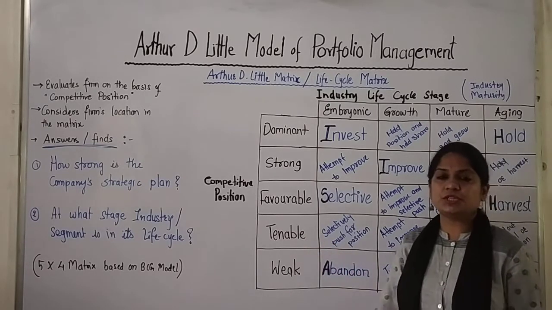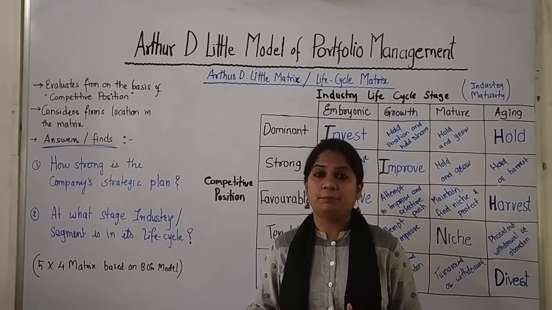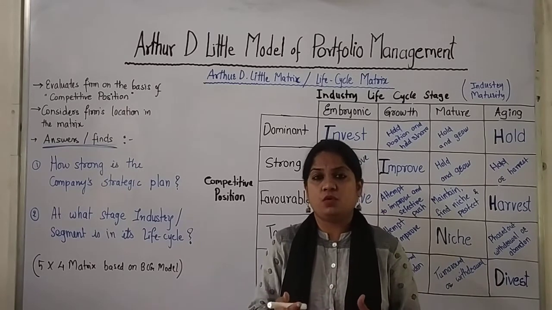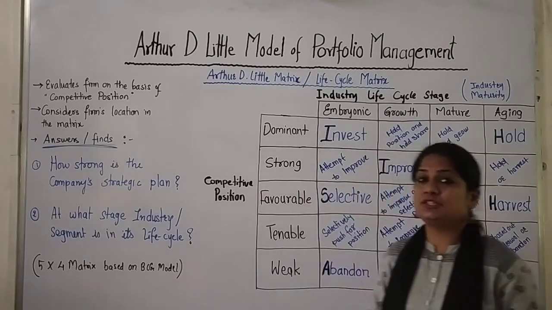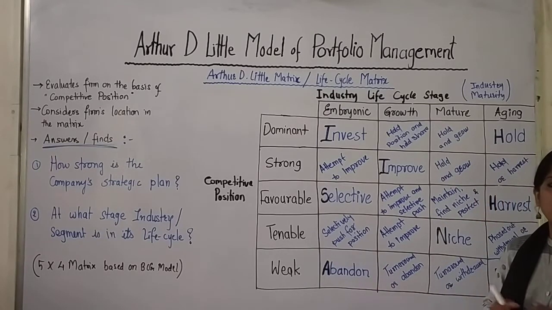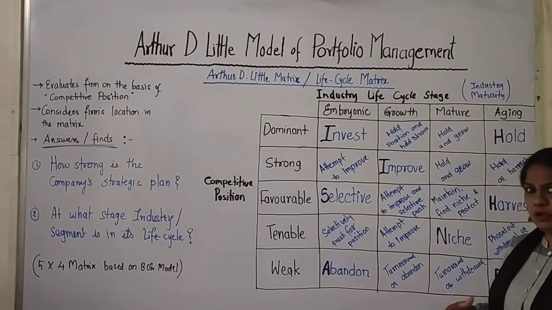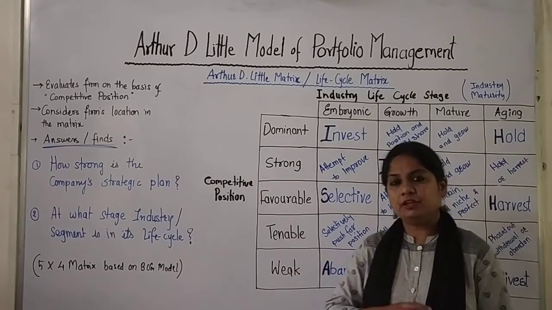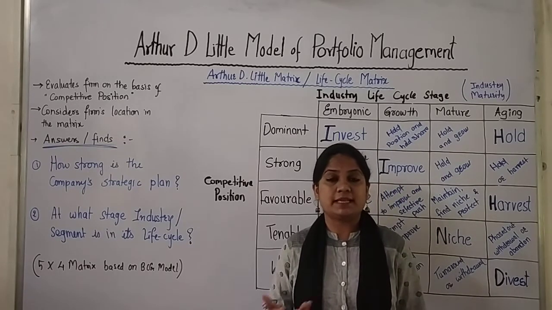Tenable position is where it's quite weak, wherein it is becoming difficult to compete and the competitors are taking over our business and pulling into the market, and our market share is decreasing. And then weak means we are not growing anyhow, there are a lot of competitors, our products have lesser demand, and it overall makes the product, portfolio, or the overall industry very weak in all aspects. So here the organizations would not like to stay.